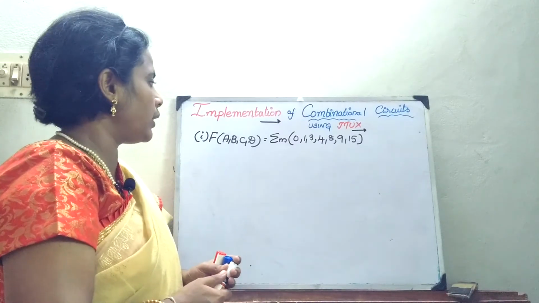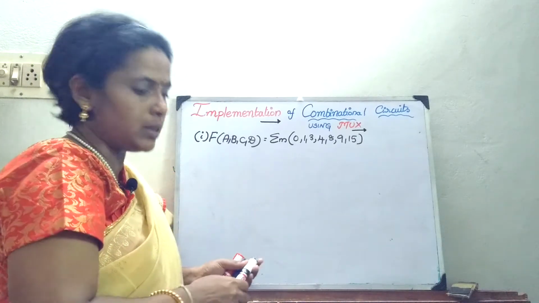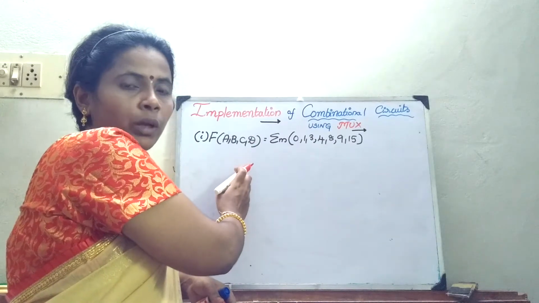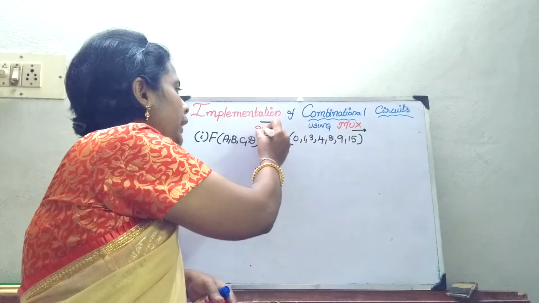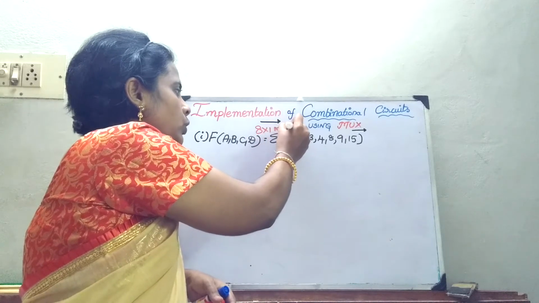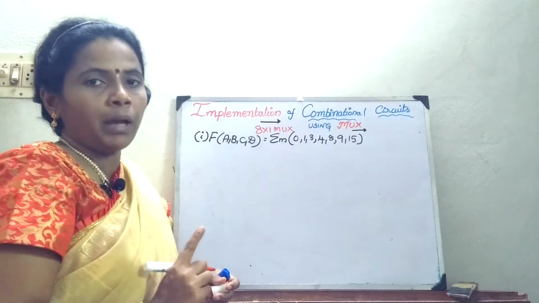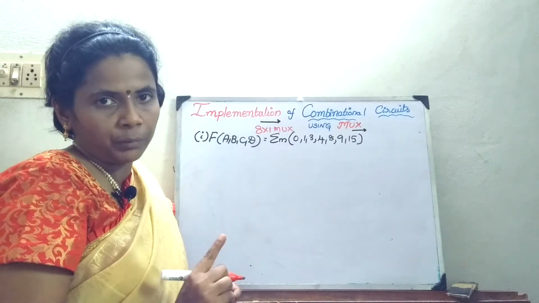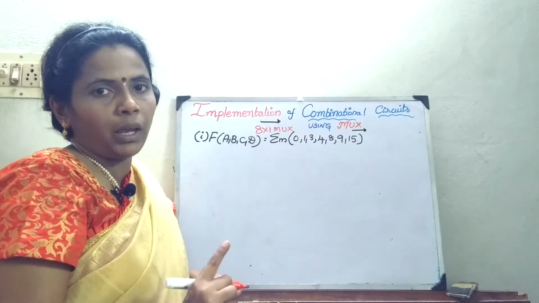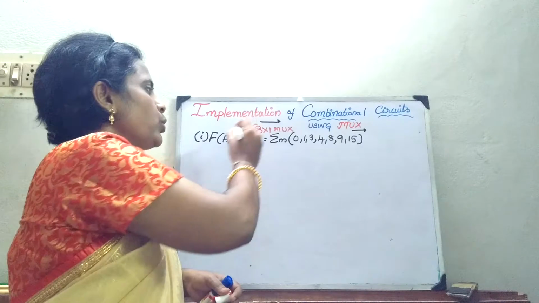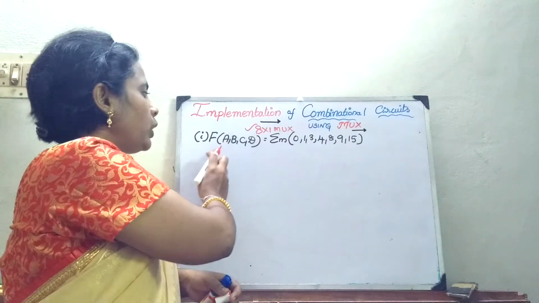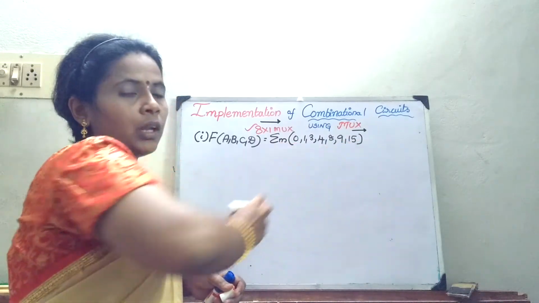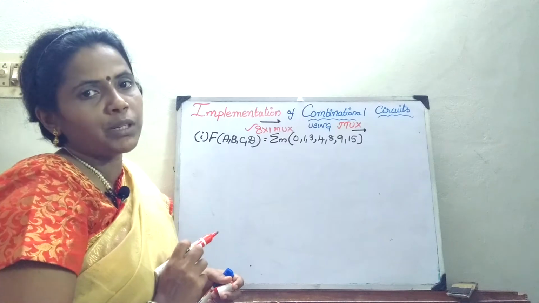So now what is the condition? Now you have to implement this 4 variable equation in terms of an 8 cross 1 mux. In this case, the first question that should come to your mind is whether this requires an implementation table or not. The answer is yes, it requires, because you are going to do a reduced 8 cross 1, but the input is 2 power 4, that is 16 variables, from 0 to 15. So this requires the use of the implementation table.